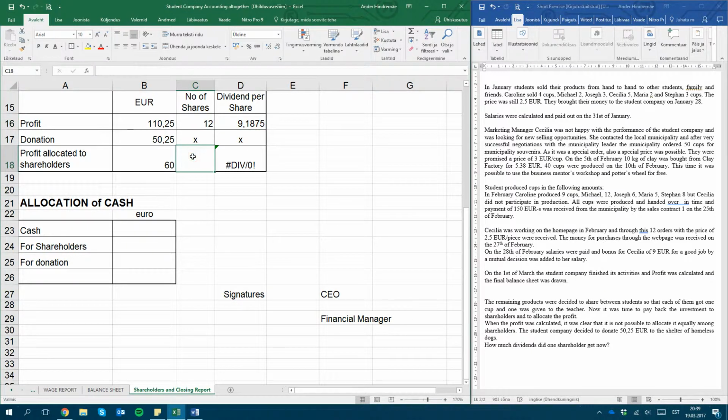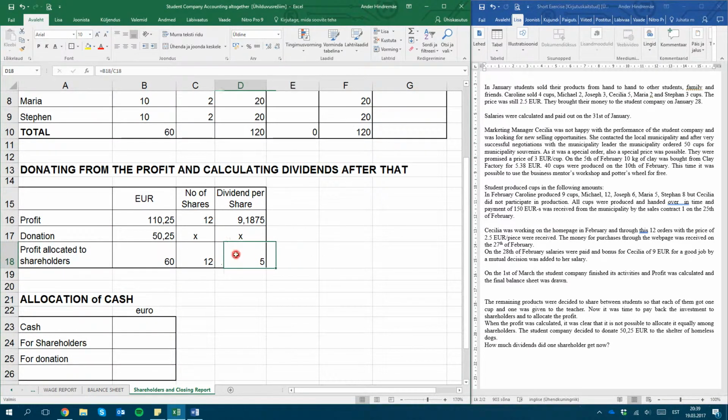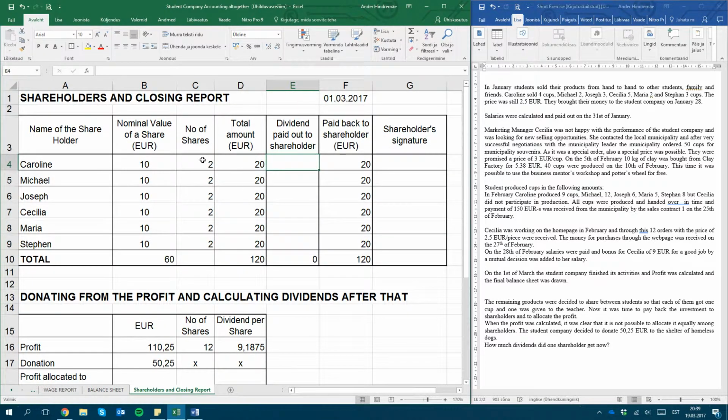But with this, the number of shares is the same. 60 divided by 12 is 5. So each share is going to get 5 euros in dividend. And as each shareholder had 2 shares, each will get 10 euros. So this is 5 times 2. Let's put 10 for everyone. And finally, we can see that the shareholders will get back